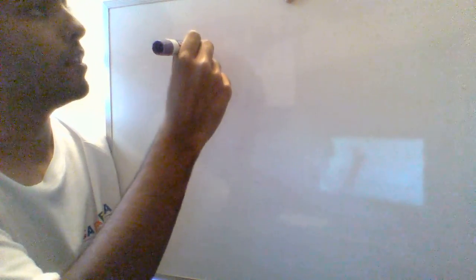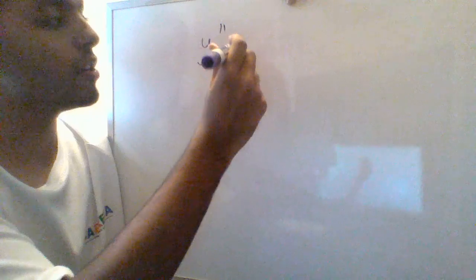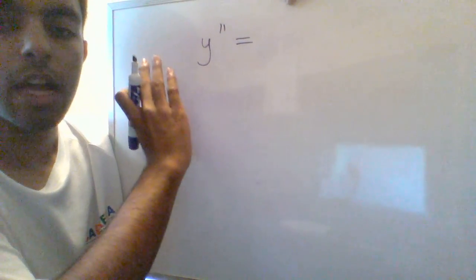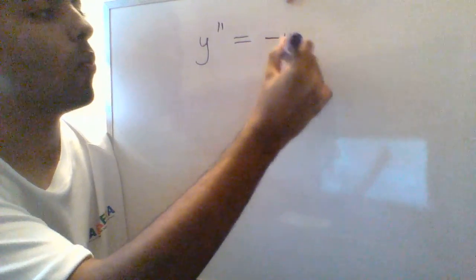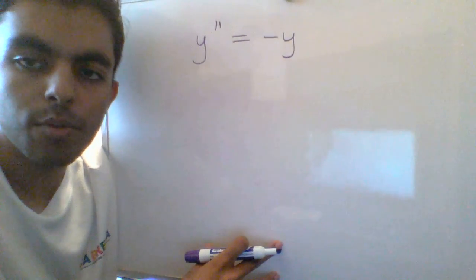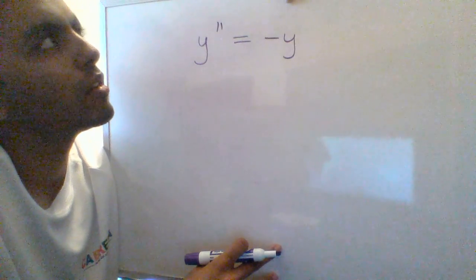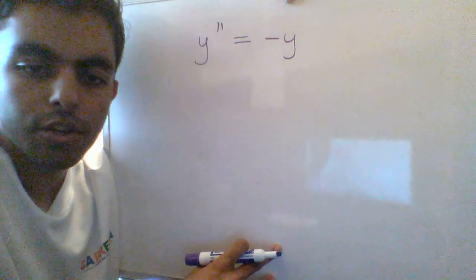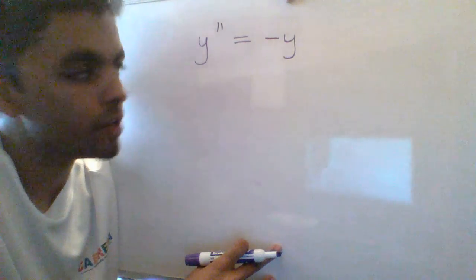All right, let's say y double prime. I might have to make this a little bit quick because I got to make sure this video finishes under 15 minutes. I'm just going to write this down and then I'll stop it here. So y double prime is equal to negative y. That's the question. I think we covered this before, and let me make sure that it makes sense. Yep. All right, so this is the question, and your hint before you go to watch the next video is